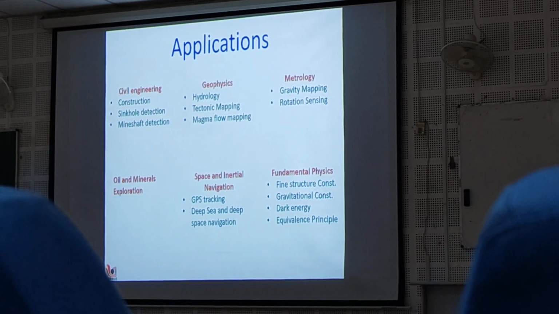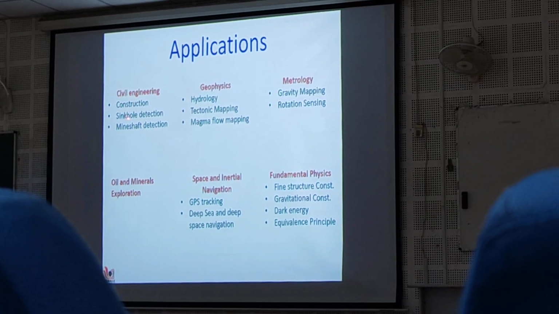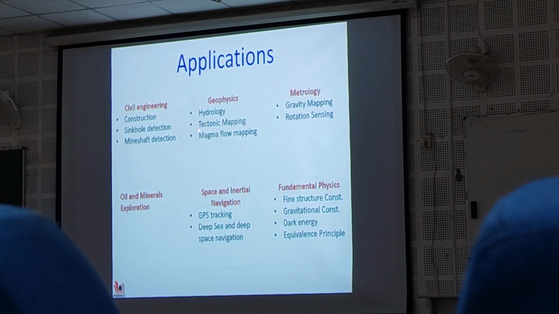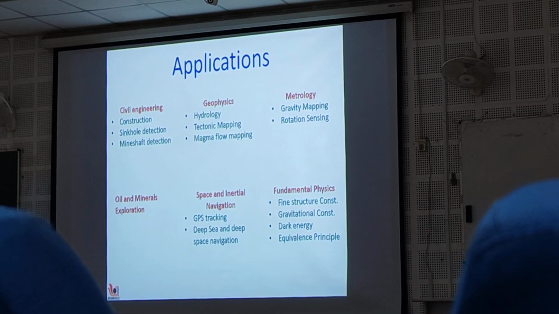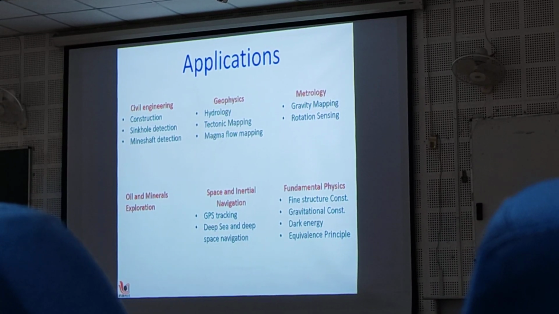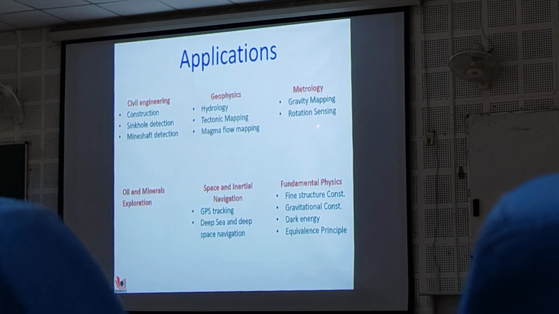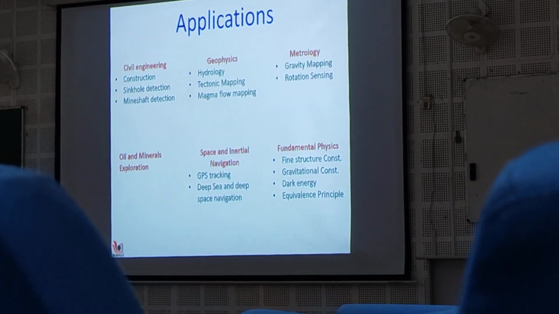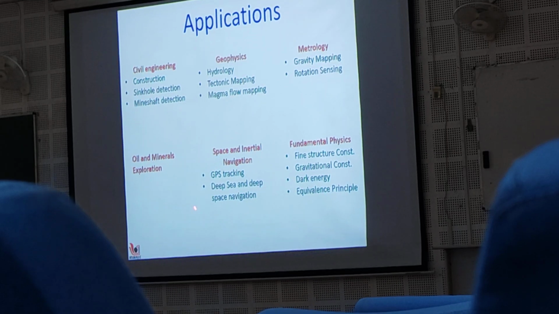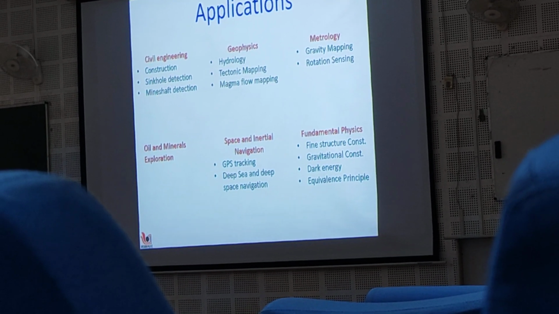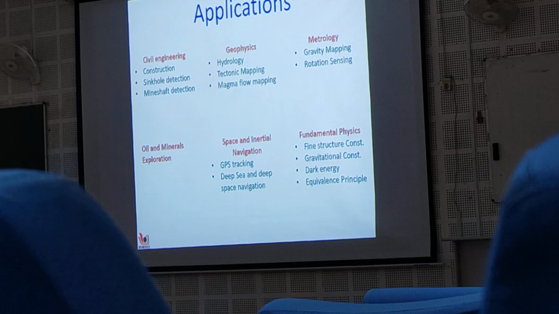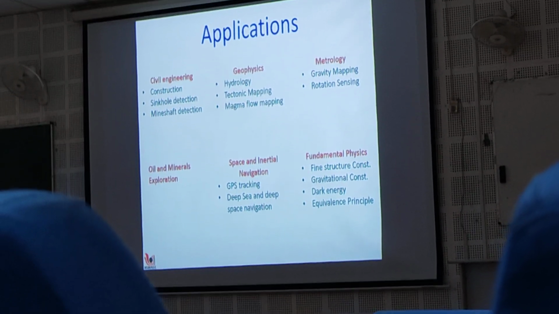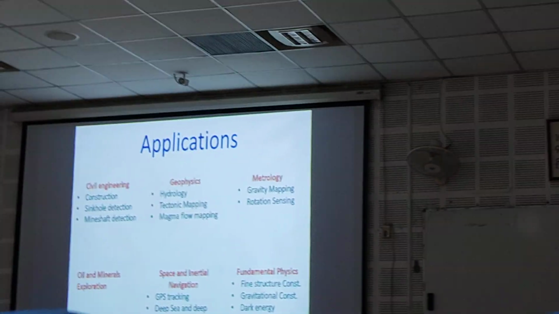Atom sensors are used for many things, like in civil engineering for detection of mine shafts, sinkholes, to detect water tables underneath, to map whether the large plates are moving under the ground, to do gravity mapping, for rotation sensing in general, and you can also use them for GPS-free navigation. If you are in a location or environment where GPS signals are denied, then you don't have anything to navigate. All you can do is if you have a system